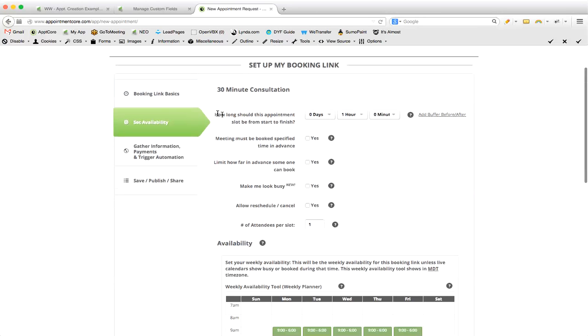And now this is how long should the appointment be from start to finish. So in the example, I told it I want it to be 30 minutes. And you can see right here, add a buffer before or after. And you can set up whatever amount of time once one appointment is scheduled, especially for physical meetings. You'll need travel time, so you might have an hour